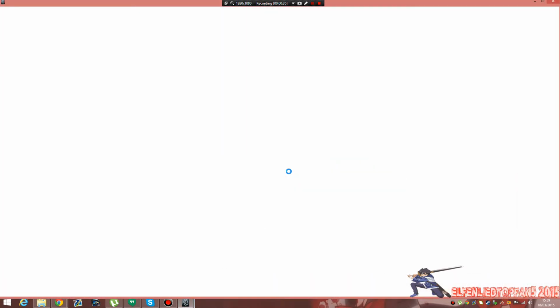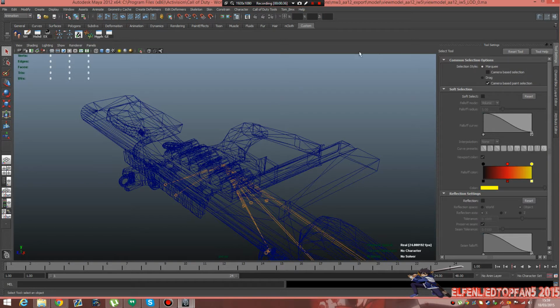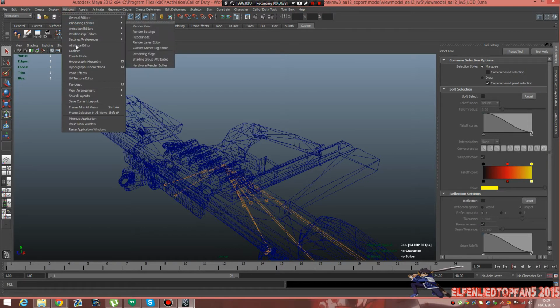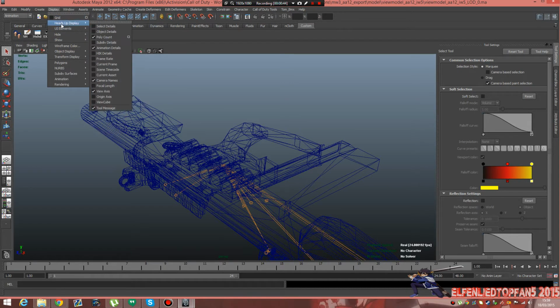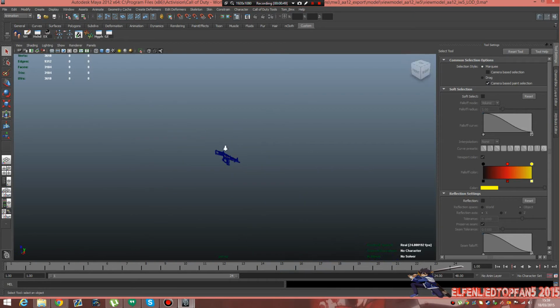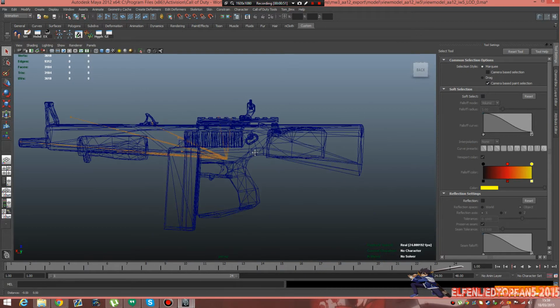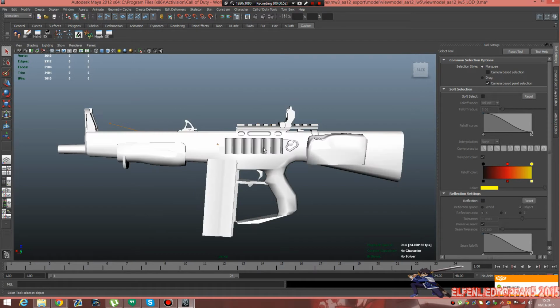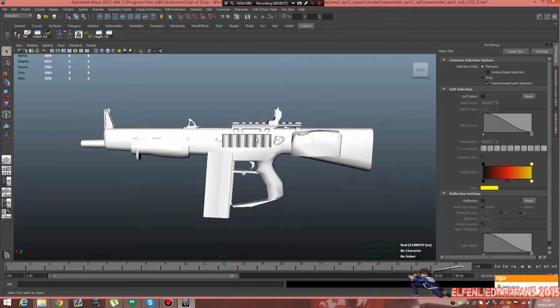So, how we start is, if you go to Windows, settings and preferences, heads up display, view cube. Okay, so, righty, now as you can see sometimes when you start up a gun it's white, so the first thing to do,